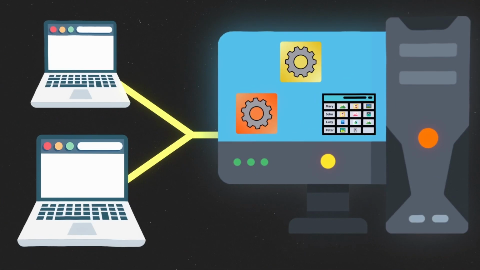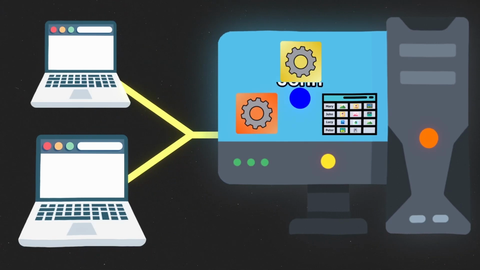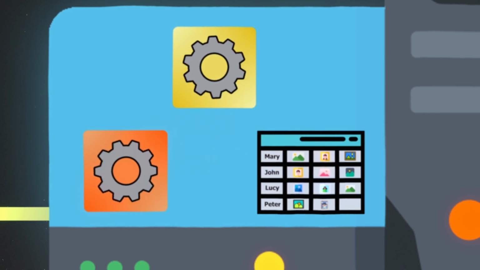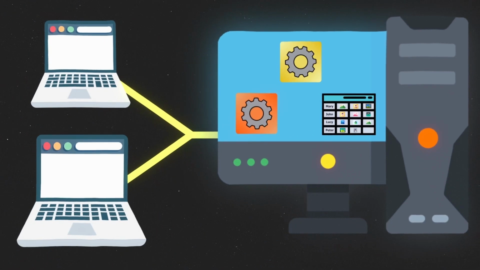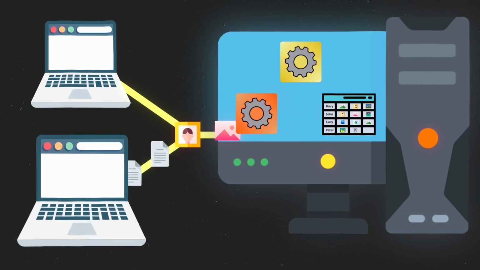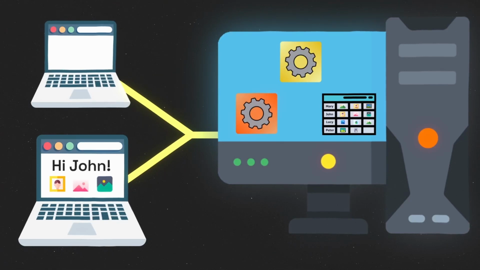So when one of these users logs in, it sends a request to the server with the details about their profile. The web server will send a message to the program, which will search the database and get the images of the user. It will prepare all the other front-end files and send them to the web server, which will respond to the user, and the user will see their profile with their images.